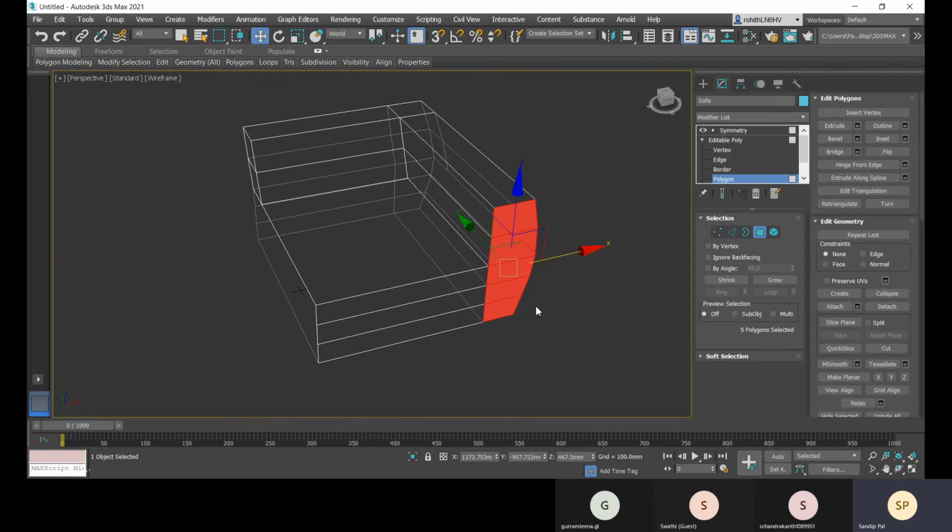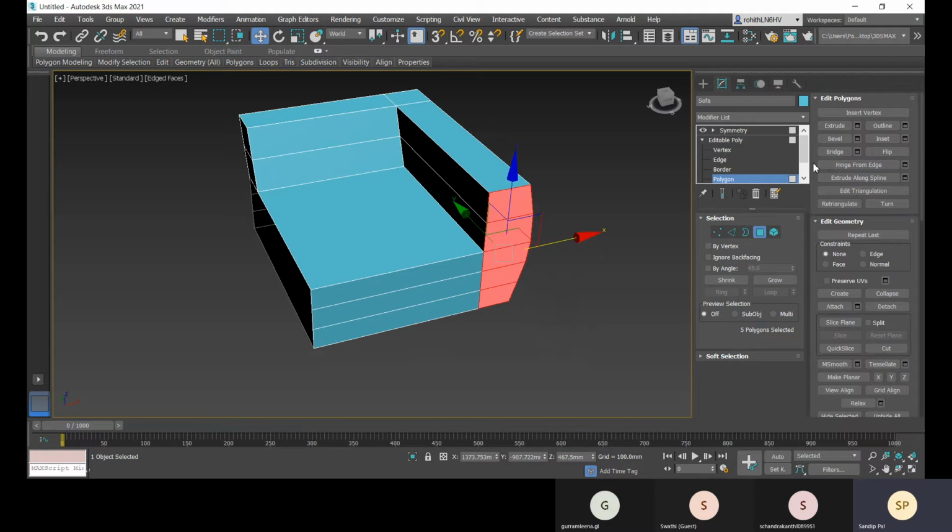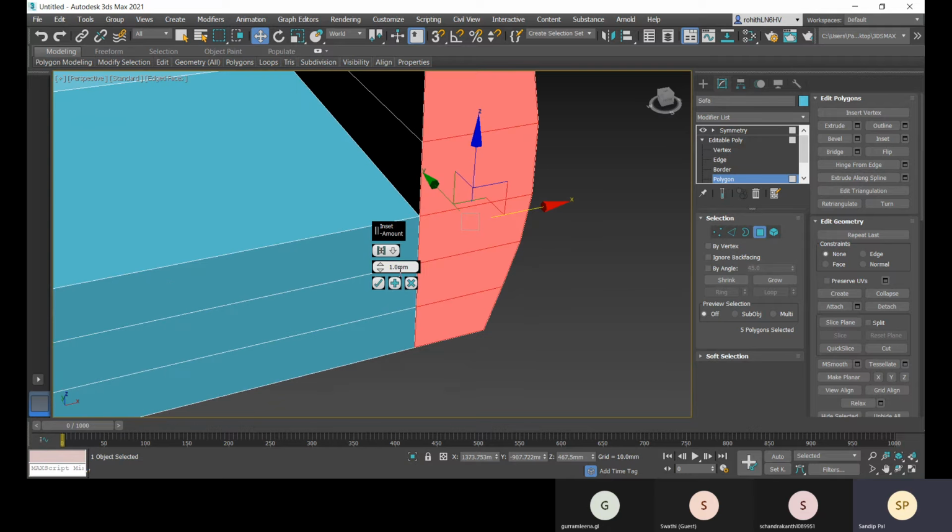Let me turn this on, and then I can create this insert option so that it will add another surface with a specific distance like this. I will go with, let me try 25. Yeah, that is fine.